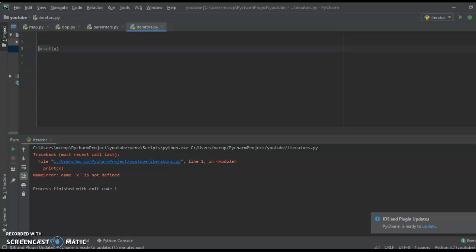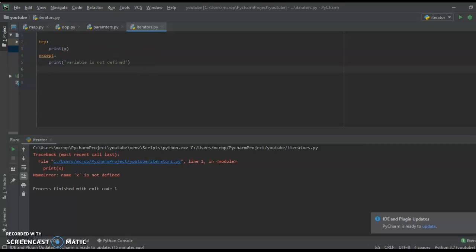Now we can actually make it so that we don't get these errors. So there's this thing called the try and except block in Python, which basically will handle an exception instead of stopping when you have an error in your program. So we can say try, and this just needs to be tabbed. And then we can say, try that, and then except, we can print variable is not defined,